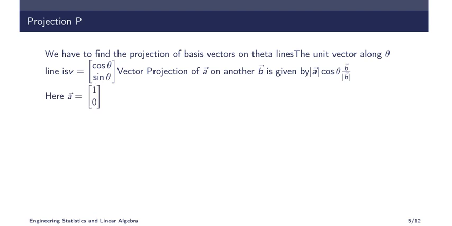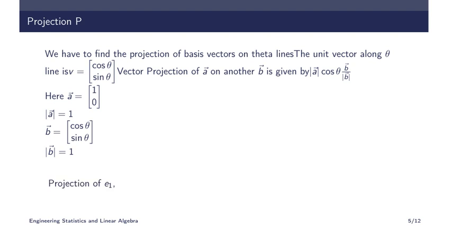Now what is a here? A is the unit vector along the x-axis, that is (1, 0), and the mod of a is 1. And similarly what is b here? B is the unit vector (cos theta, sin theta), which is along the theta direction. That we have seen, by rotating you will get the unit vector along the theta direction, and its magnitude is root of cos square theta plus sin square theta, which is 1.